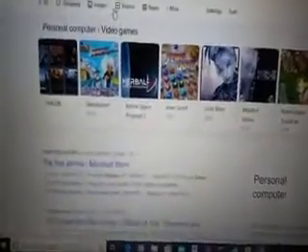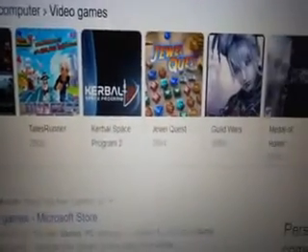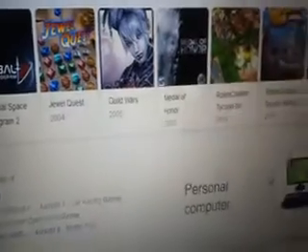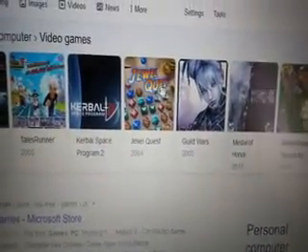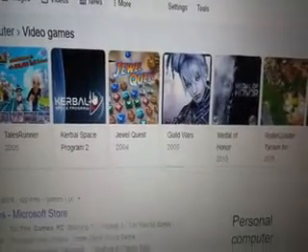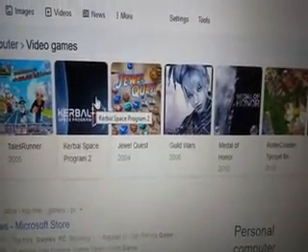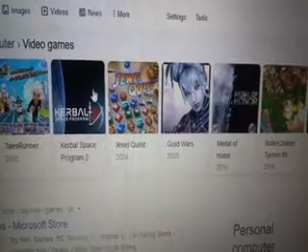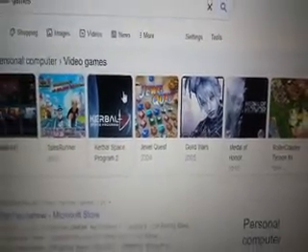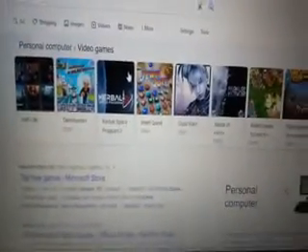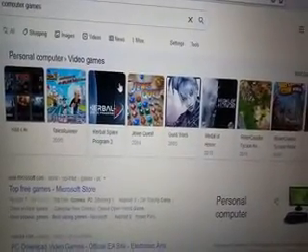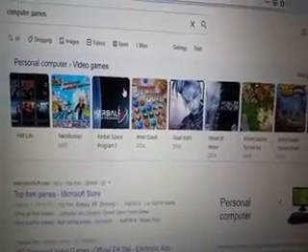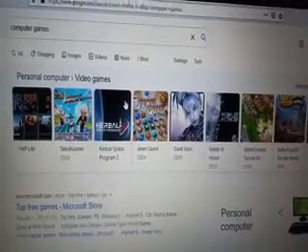And this shows me so many computer games, so many of them: Jewel Quest, Medal of Honor, Roller Coaster. I just have to click on any one of them and I can start playing that game and have a lot of fun. One thing I must tell you is that you don't need a big desktop computer or a laptop computer to play games on the internet. Even your smartphone is good enough for playing internet games.